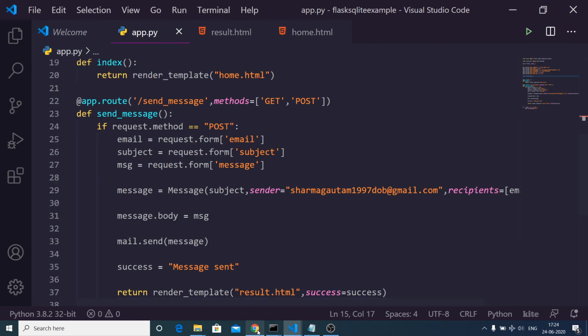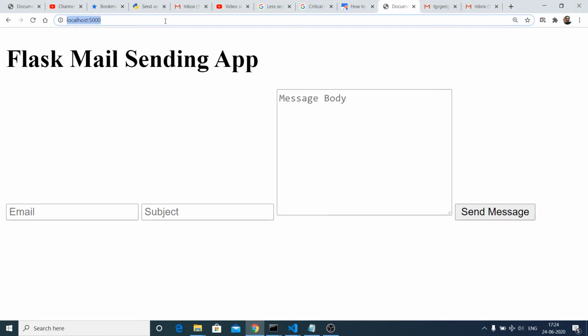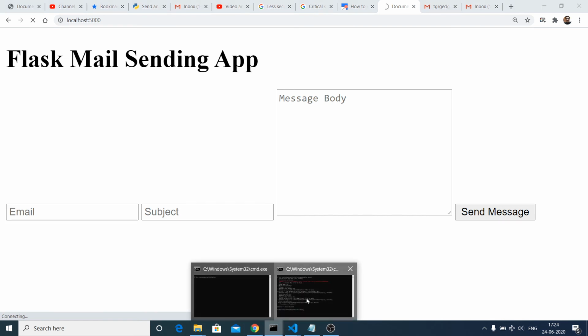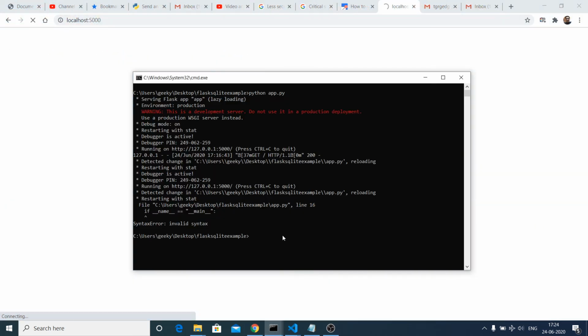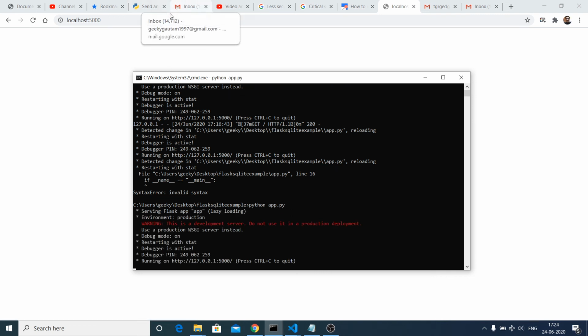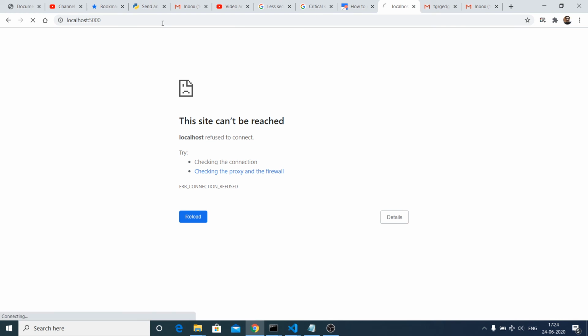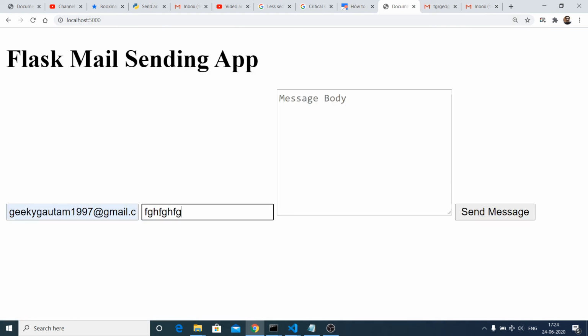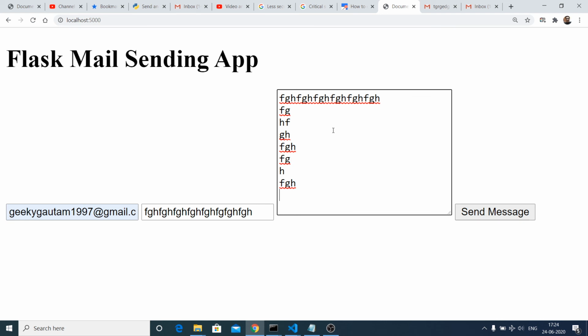Let's suppose I need to restart the application, python app.py. If I refresh here, if I provide an email address, provide a subject, and let me now send a message.